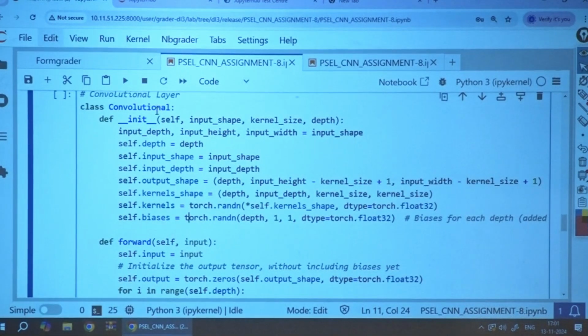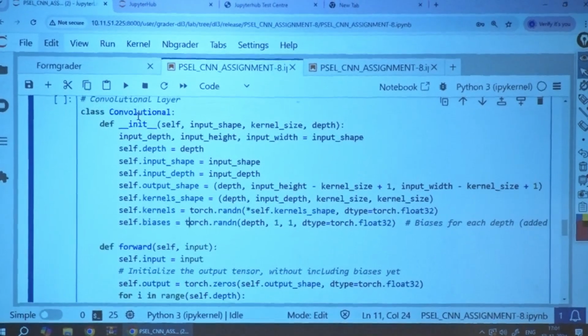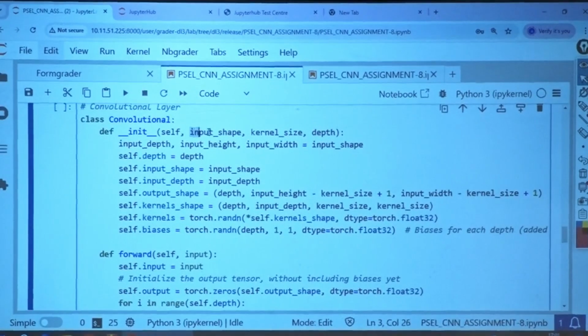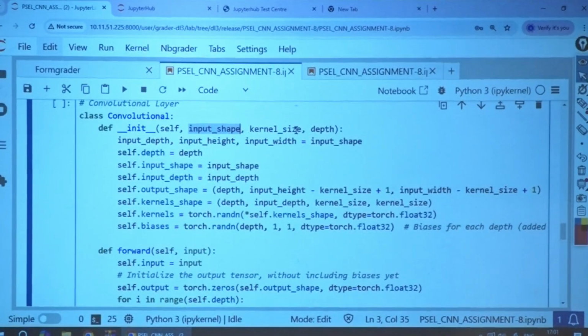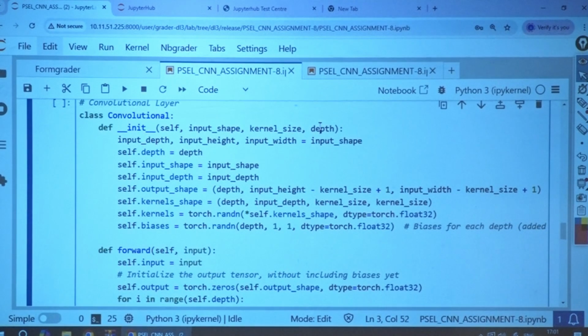Let me give a brief of this convolution constructor method itself. Given the input shape, kernel size and the depth, the number of channels or the number of filters to be applied. So look at how these instance parameters are defined. From this input shape, which is iterable, you will get three parameters.